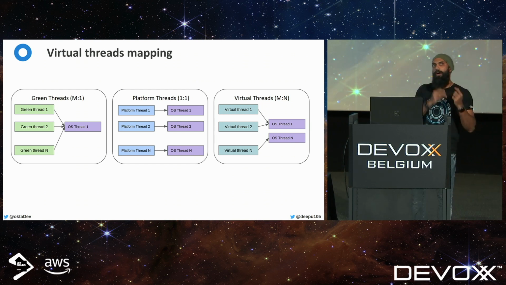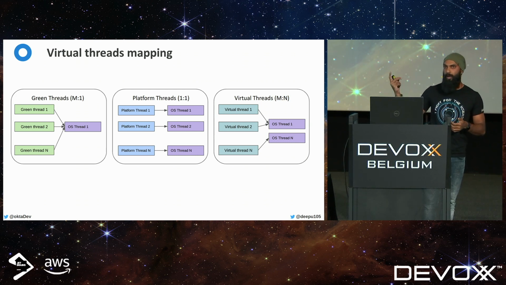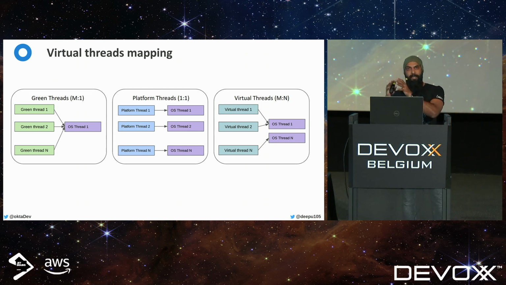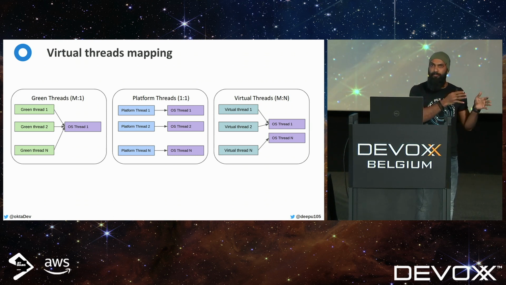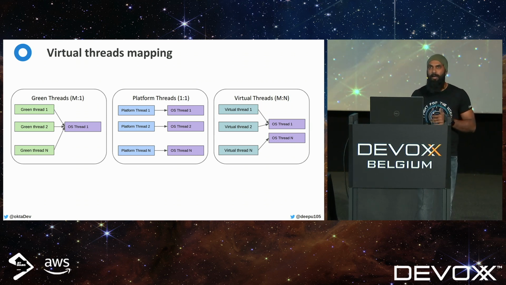For example, when you start a virtual thread, it could be mounted on, say, thread 1, and later it gets parked. When a virtual thread gets parked, its frames are moved out, and the memory is parked in the heap. And when this particular thread is activated again, it could be mounted on a new thread. So there is no thread affinity between virtual threads and the OS threads. That is one main difference.